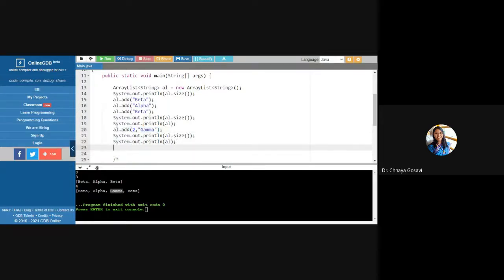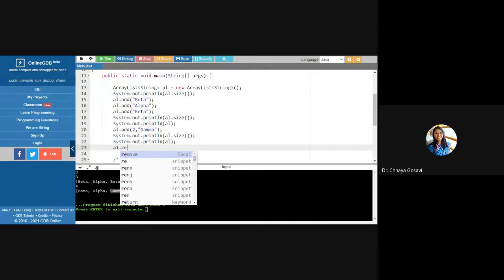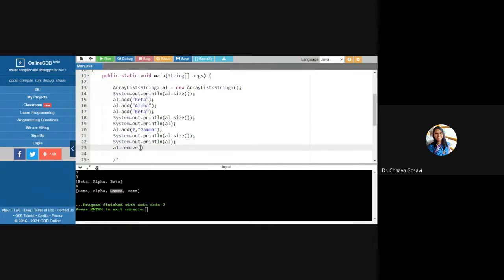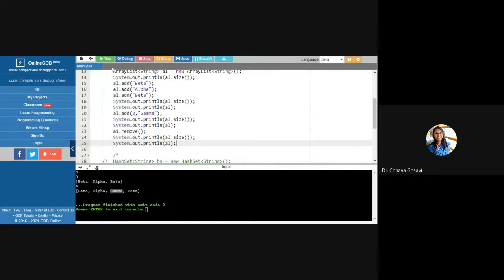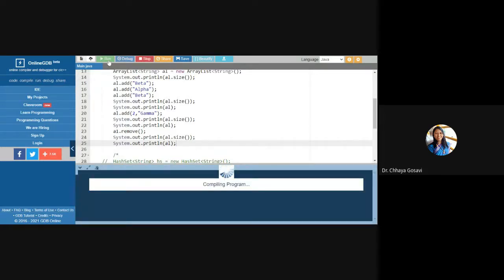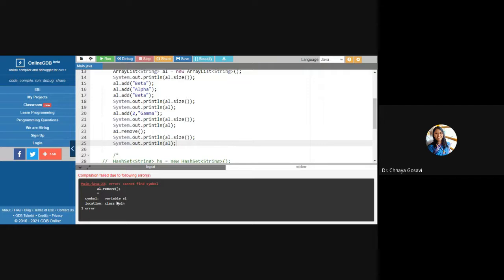To remove element from the array, al dot remove. If I just write remove, which element will be removed from the list? Will it remove any element or I have to pass something? So it's giving me some error. Cannot find symbol.